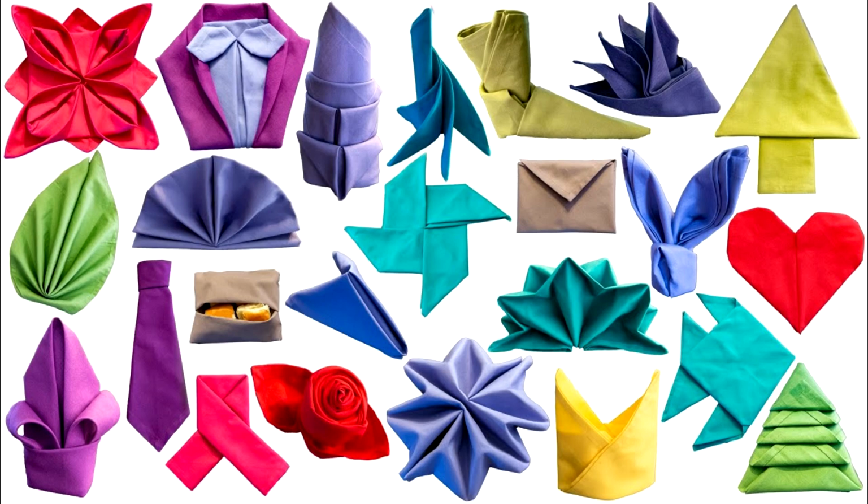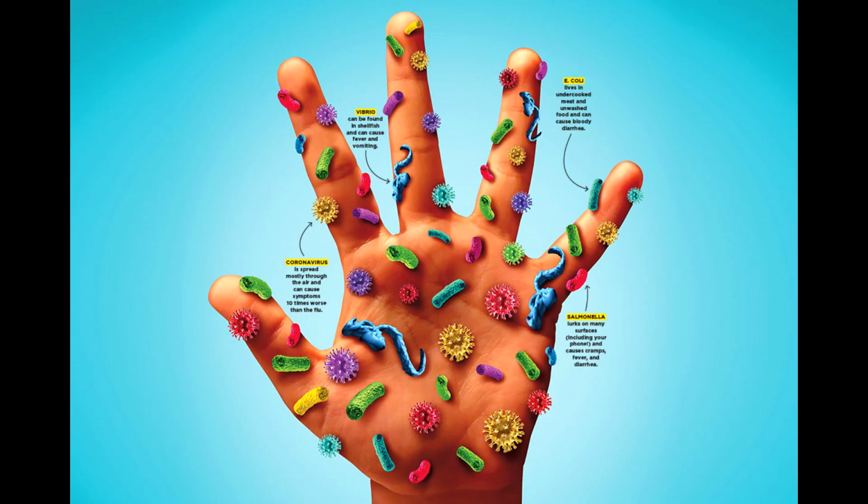And don't even get me started on the different types of napkins, from 2-ply to 3-ply. There's a napkin for every level of spillage. But napkins are more than just absorbent, they also play a crucial role in hygiene. In fact, using a napkin can reduce the spread of germs and bacteria by up to 90%. That's right, by simply wiping your hands or mouth with a napkin, you're helping to keep yourself and those around